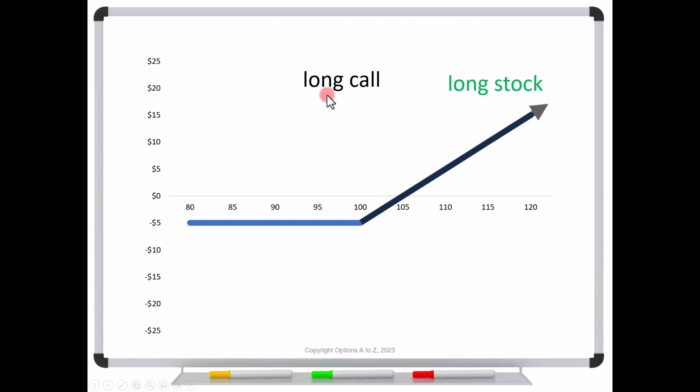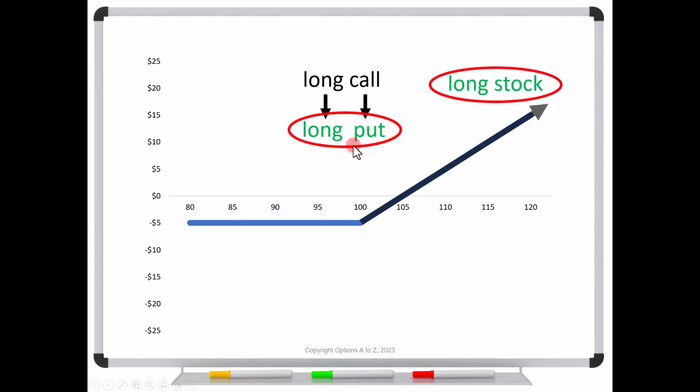Now, what else do we know? Well, we know that if it's a long call that we're trying to figure out, it has to be a long something else. The signs have to be the same, and it's just going to be the opposite. So the opposite of the call is the put, and there we go. We can tell that long stock plus a long put is a long call. So there you go. Your long call right there is a combination of the long stock, there's your deltas, plus